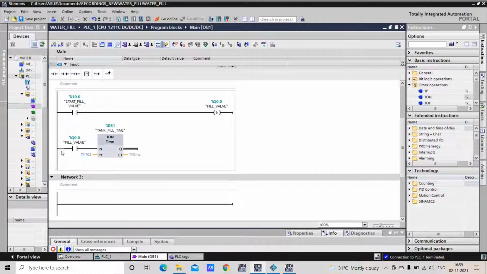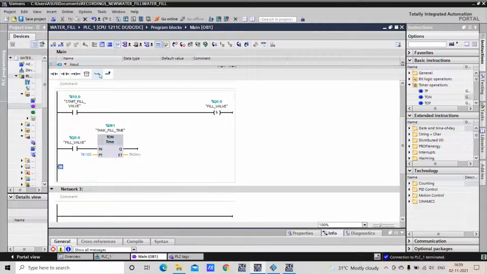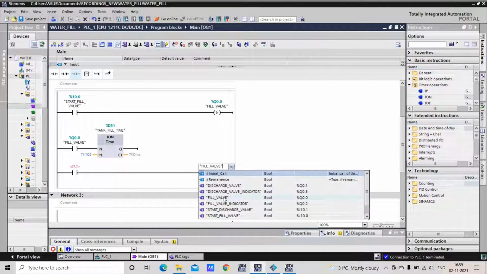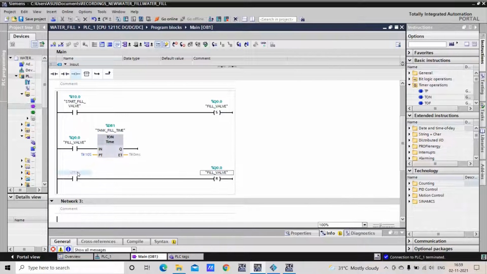Now in the next step I have to reset this valve after 10 seconds, correct? So again I will start a new branch. This must be resetting this valve. So fill valve here, and whenever this time reaches 10 seconds, this valve should be turned off or reset.